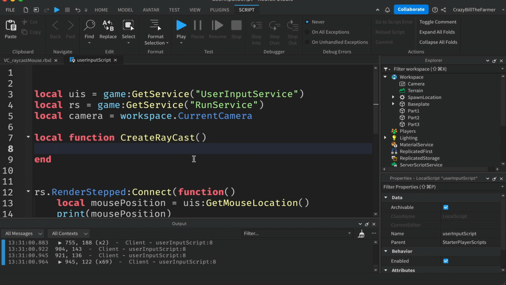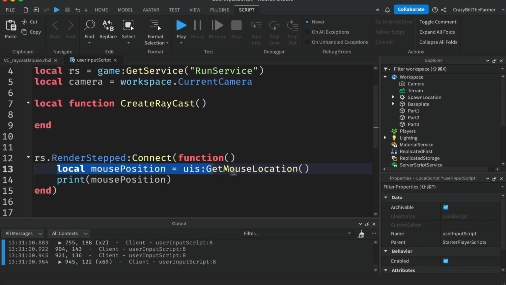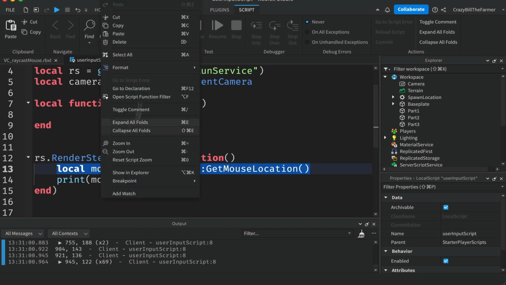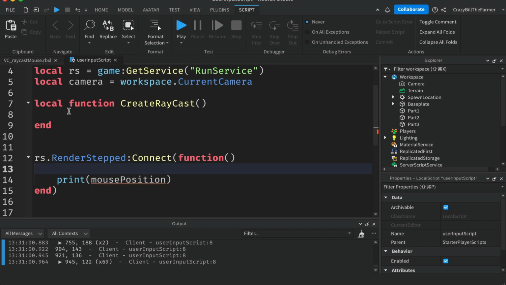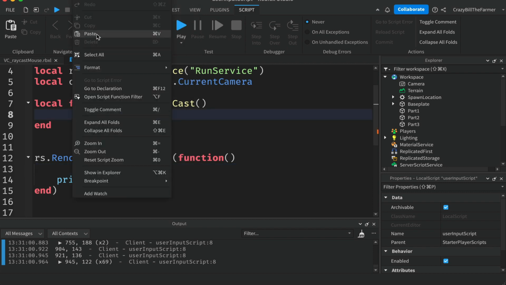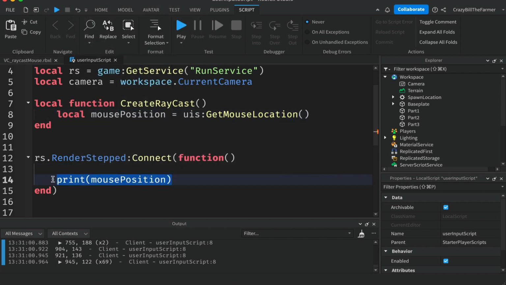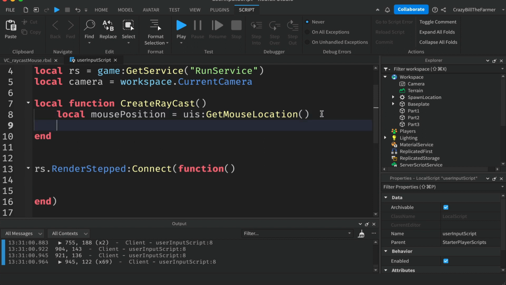So there's a couple of parts to creating a raycast, and one of them will be our mouse position. So we'll actually take this and we'll right click and cut that and put it inside of our new function, and we can get rid of our print mouse position there at the moment. Leave this part here though, because we will make use of that. So the next thing is to create a raycast using our mouse position. So we'll create a variable called raycast,